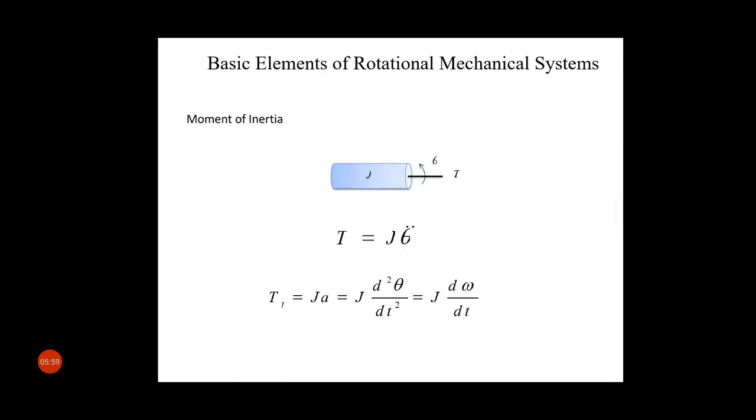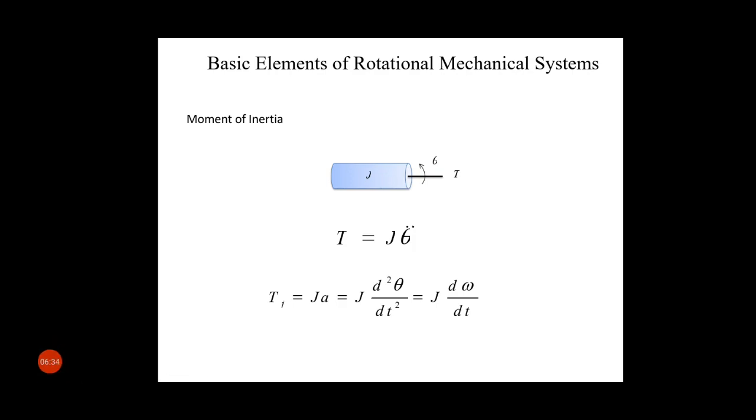Now, coming to the third element, the moment of inertia of mass. The moment of inertia of the system is assumed to be concentrated at the center of gravity of the body. When a torque T is applied to the body as shown in the figure, it produces